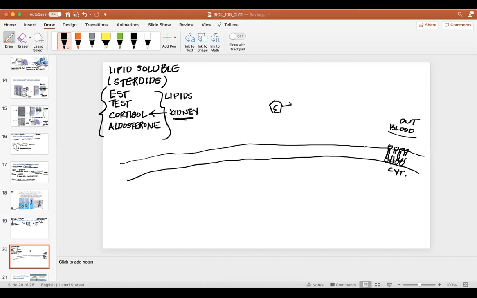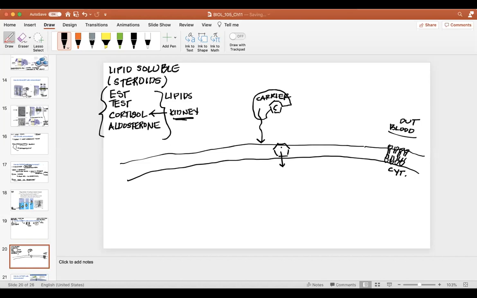So it's actually going to travel associated with a protein called a carrier protein, okay? But once this carrier protein arrives at a cell, it will release the cortisol, and cortisol very happily then crosses